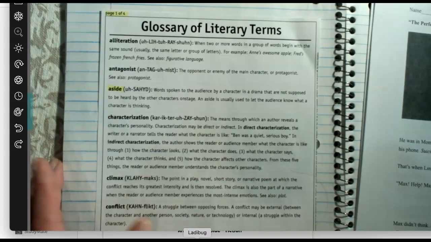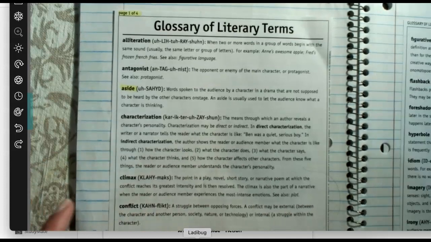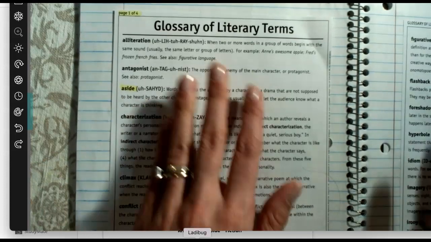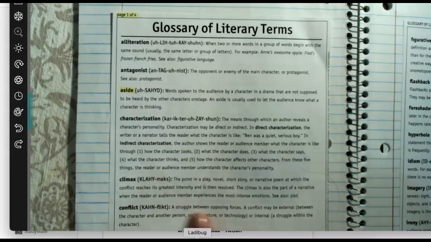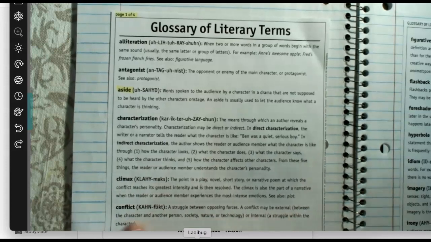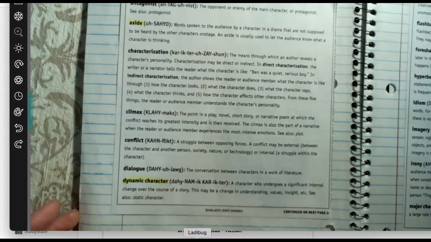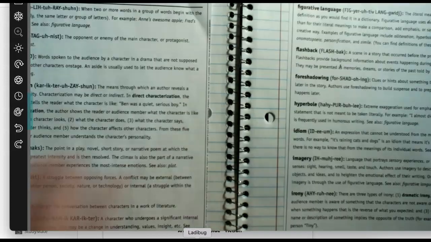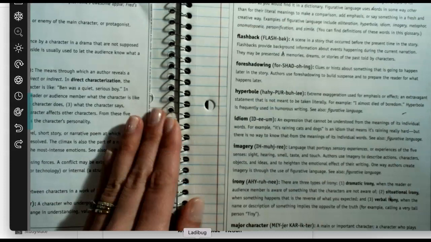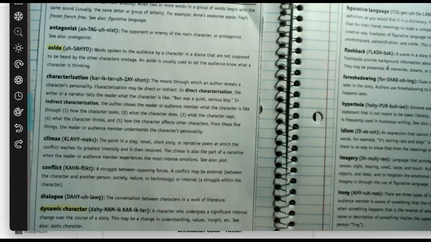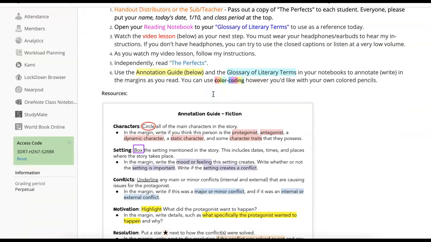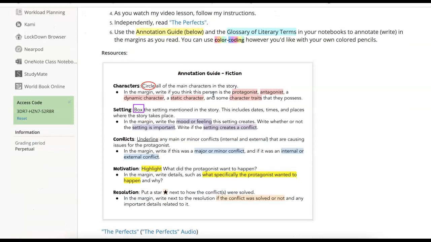Right? So as we go through this story, we want to think about any of these literary terms that might come up, like a conflict between the protagonist and someone else. We've mentioned dynamic character, someone who changes throughout the course of the story, etc., especially those unfamiliar terms. On today's lesson, I have a little annotation guide that you can use to help you if you're struggling with